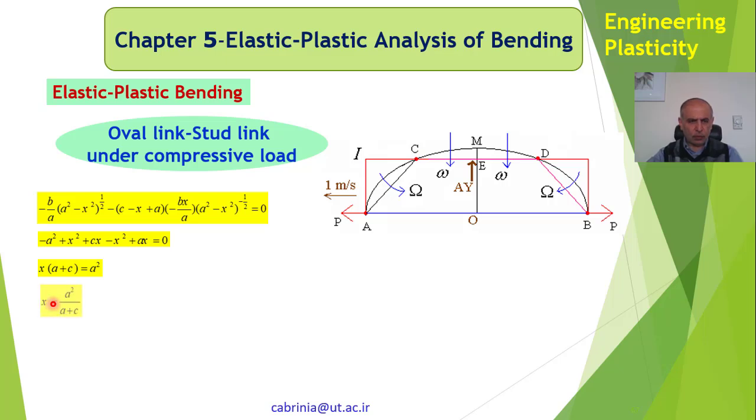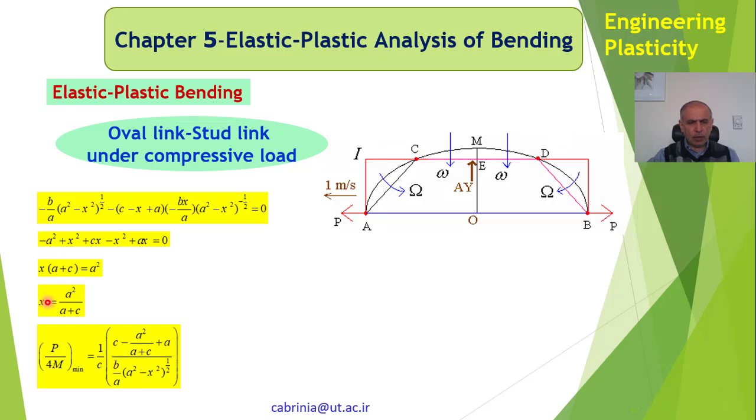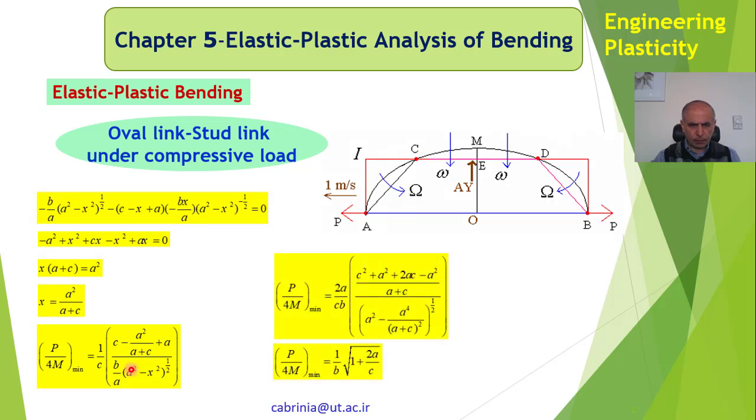X is equal to a squared over a plus c, so x is obtained. So the minimum value for P over 4m is obtained by substituting this x in here. So that is the minimum value that is going to cause the collapse of this